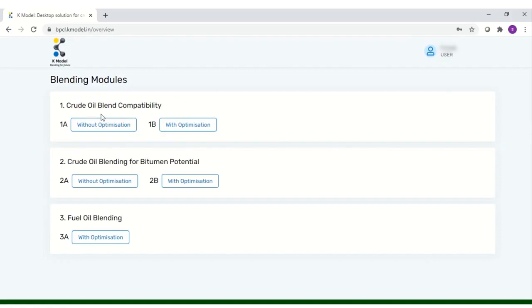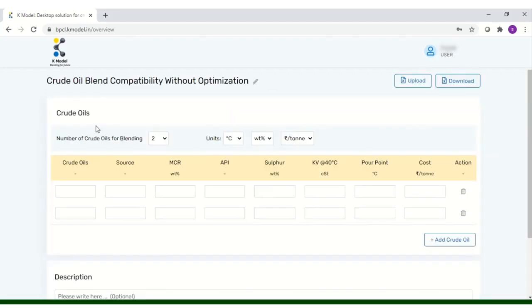The first application, Module 1A, is for crude oil blending compatibility without any optimization. If you press this 1A button here, you will land up in the application page for Module 1A. This is the front page of this application, which allows you to check the compatibility of blends whose compositions are known to you. In a single run, compatibility of 20 crude blends can be estimated with a maximum of 10